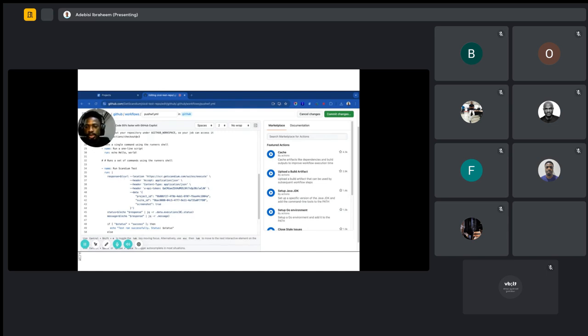I'll be using GitHub Actions as an example, but there'll probably be other videos sometimes to show you how to do it in Azure and all of these other tools. So this is a piece of code you need to integrate your Scandium suite into your CI/CD pipeline. So we're making a call request.